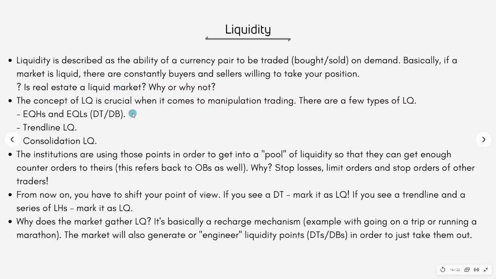So think of that. The concept of liquidity is crucial when it comes to manipulation trading. You really have to understand how that works. There are a few types of liquidity. You have the equal highs and equal lows, basically the double tops and double bottoms. It could be triple, quadruple, 5 bottoms or whatever, which actually will turn into a consolidation if they're more than 3, right? You have also trend line liquidity, which is something that you also have to know because if retail traders are trading trend lines, this is why since module 1.0, I told you to remove trend lines, right? We don't use them because you can draw a trend line in numerous ways. And basically, if retail traders are looking for a trend line, what are the banks going to do? They're going to fake above that trend line.